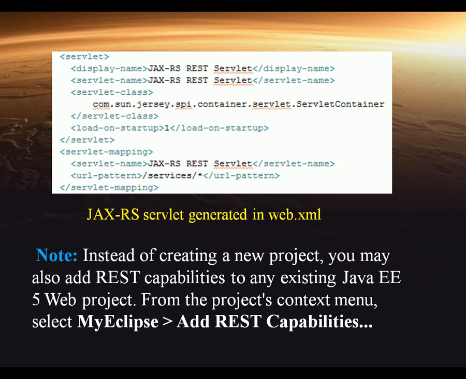This is a JAX-RS servlet generated in web.xml. Instead of creating a new project, you may also add REST capabilities to any existing Java Enterprise Edition 5 web project. From the project's context menu, select MyEclipse, add REST capabilities,